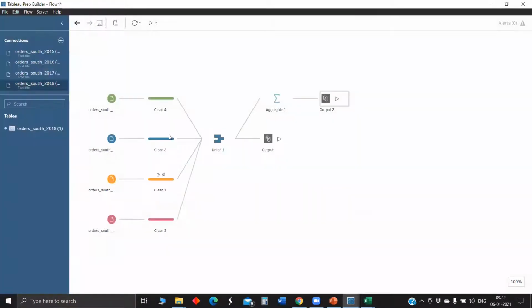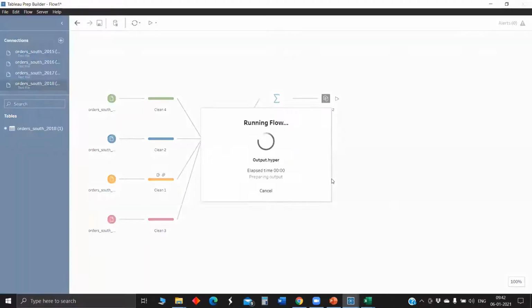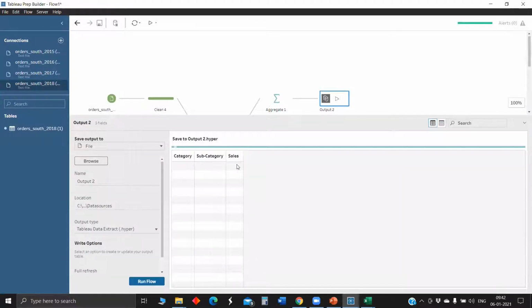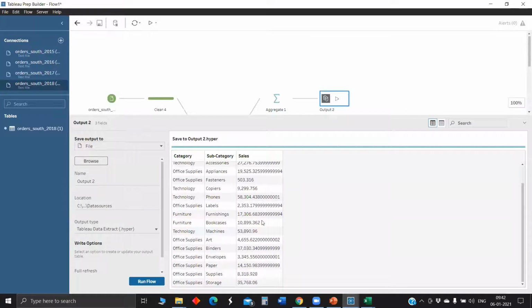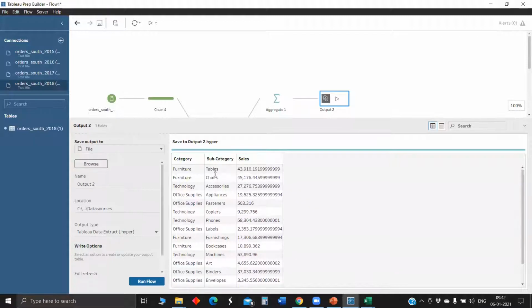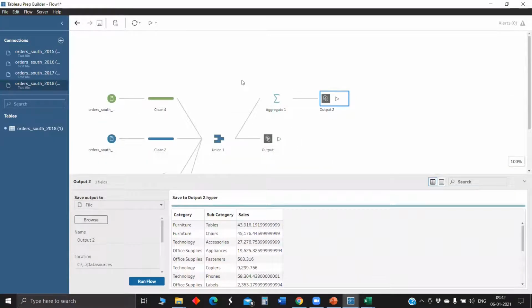What's the catch here is that a flow doesn't generally have only one output. We can generate multiple outputs, in whichever form you want, in a single flow. Here the entire data will be unioned and come through, but in this Output 2 step you can see just the category, subcategory and sales. For example, assume a dashboard where you are creating visualizations, with one tab and another tab that is an overview representing the overall values.